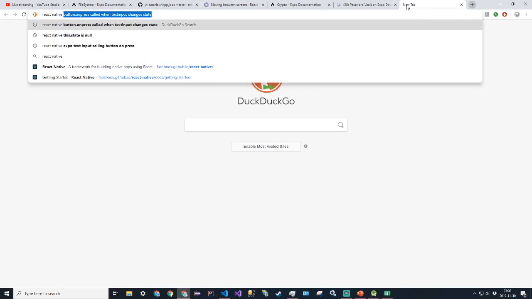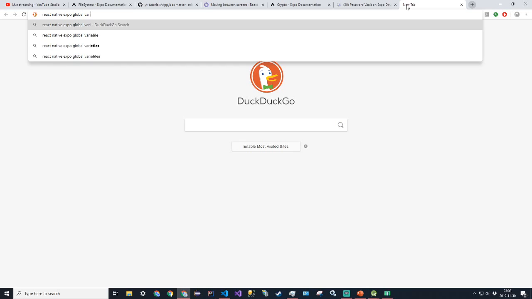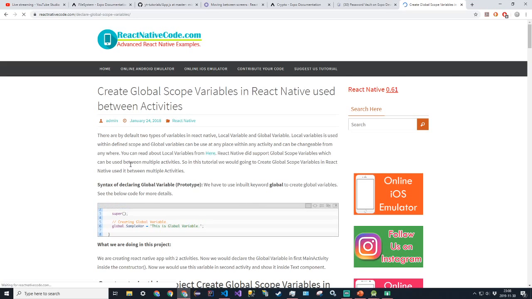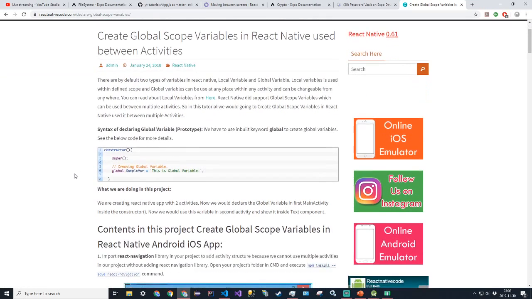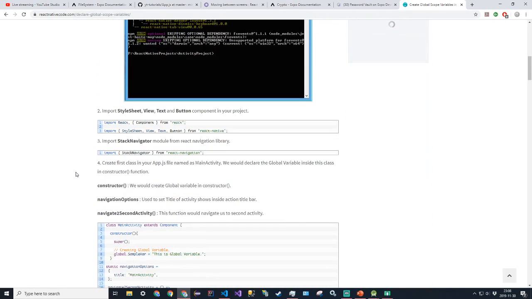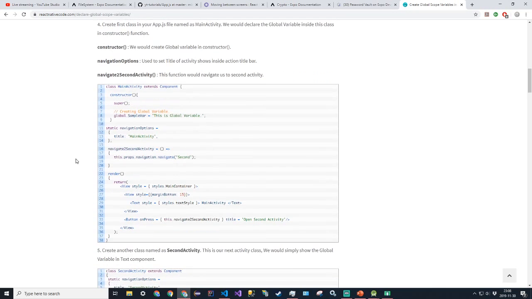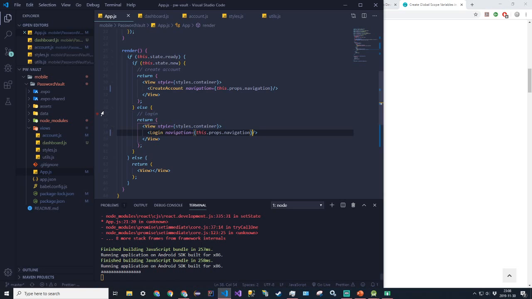React Native Expo global variables. So is global a thing? Global.sample variable. Can I say,